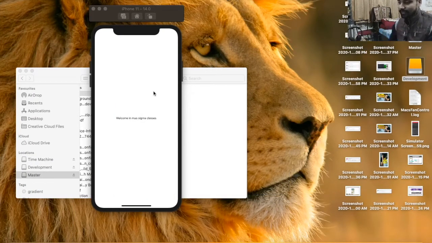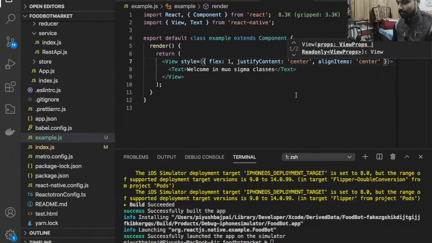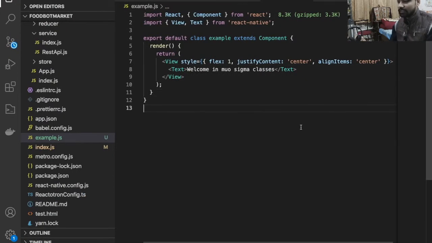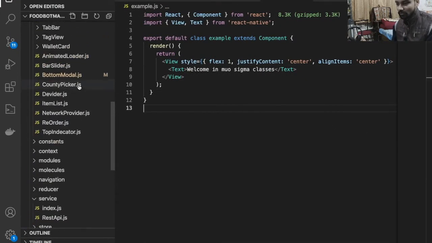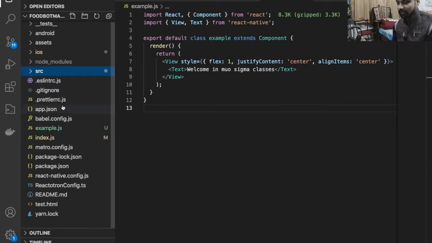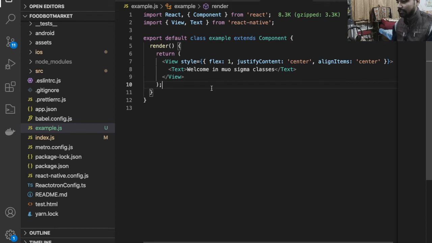So here you can see we have a basic normal component. Just ignore these things here. You just have to focus on this example.js file, nothing else, because this is the only file where I'm going to create everything.